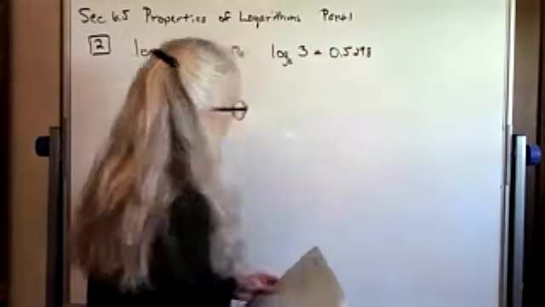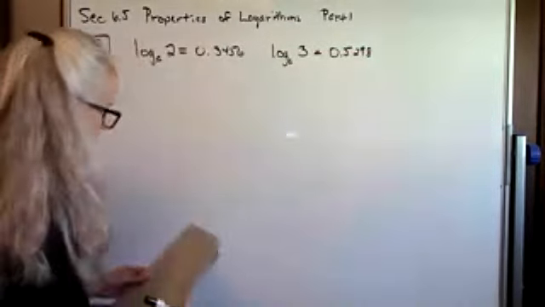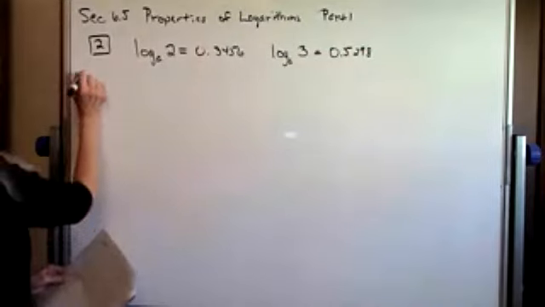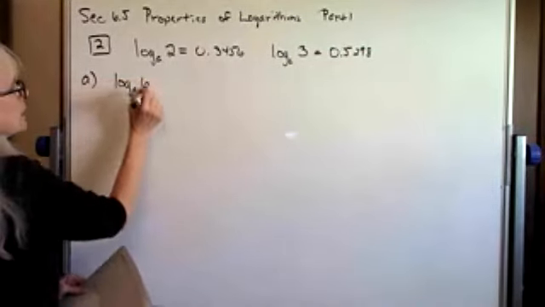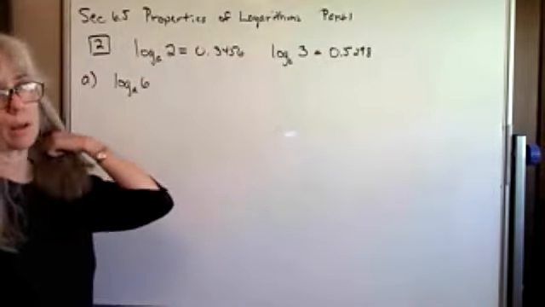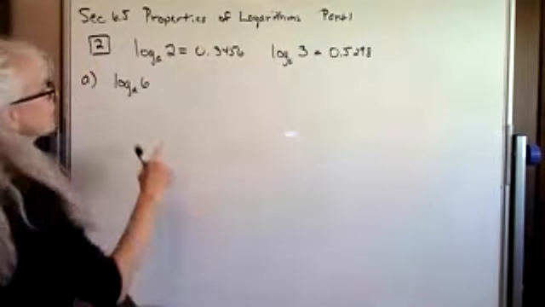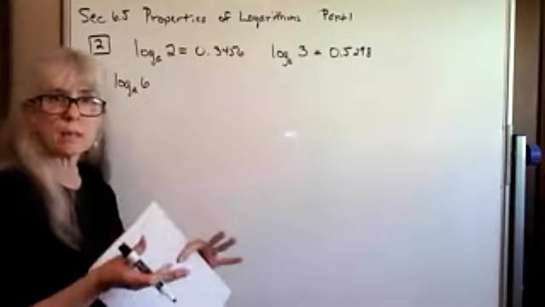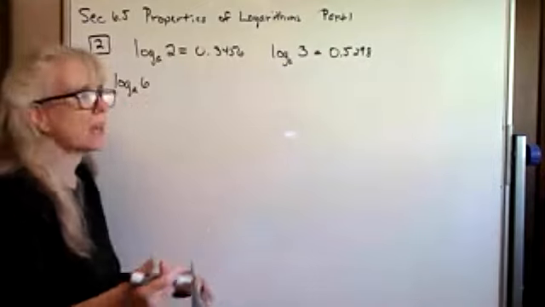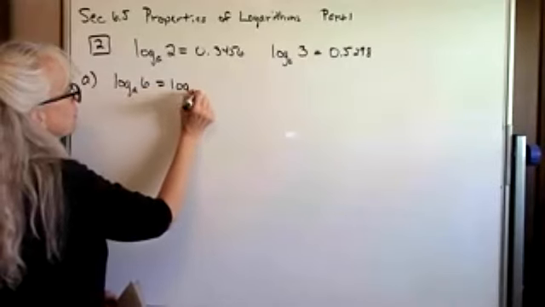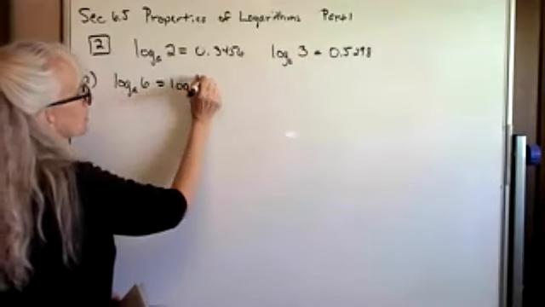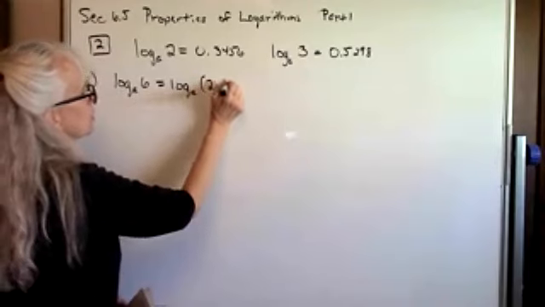So they give me that information, and they're asking me to use the properties to find each of the following. So they want to know what the log base A of 6 is. So I look at that and say, well, I don't know, what are we supposed to do? Well, our goal is to rewrite the argument, the inside piece, in terms of the two numbers they gave us. Well, they gave me a 2 and a 3. Well, we know that log base A of 6 is really log base A of 2 times 3, because that's